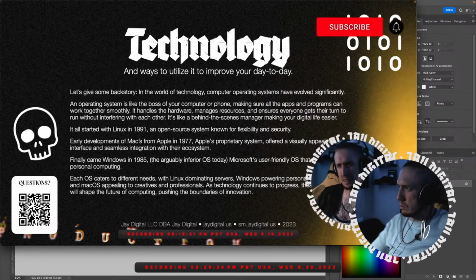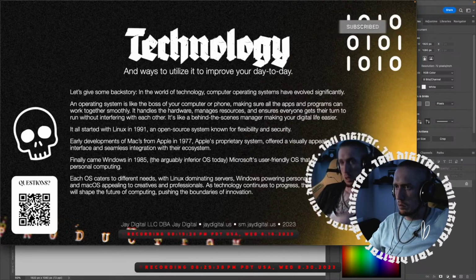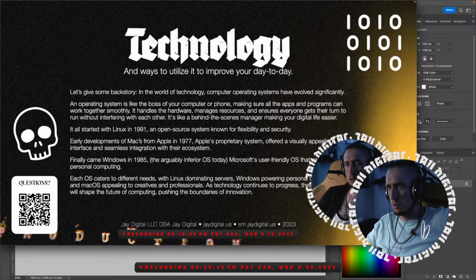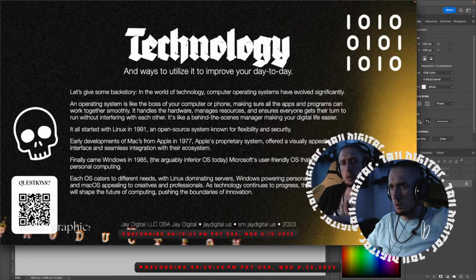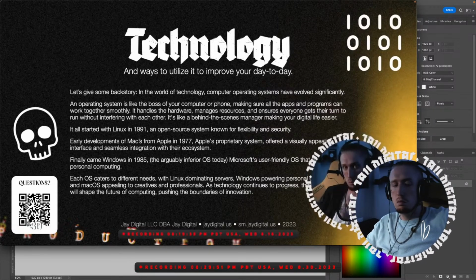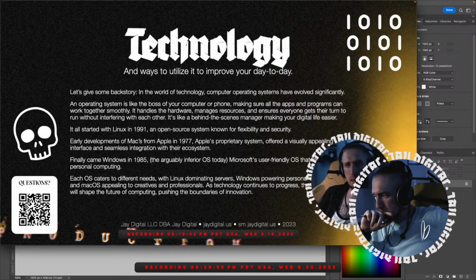It's like a behind-the-scenes manager, making your digital life easier. Operating systems all started, and I guess computers in general, because you can't utilize an operating system without a physical system, which is a computer. So operating system and computer kind of go hand in hand.